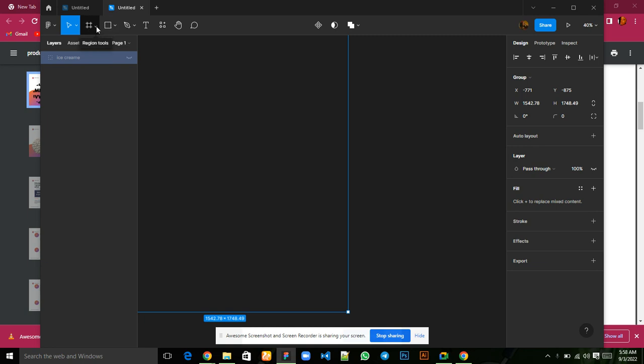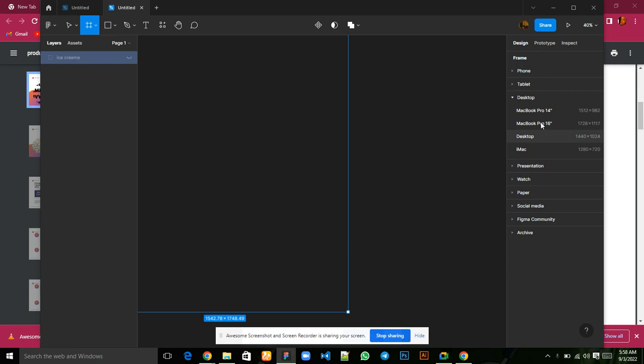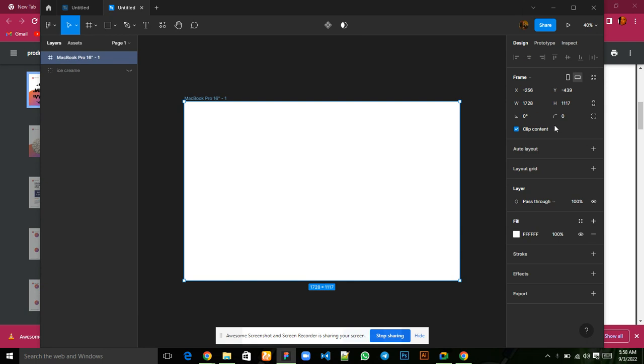So we're working with a frame, and the frame we'll be working with is desktop. So go ahead, click on desktop, and we're working with MacBook Pro 16 because it's bigger. Okay, so choose that. So you should see this. So when you see this,